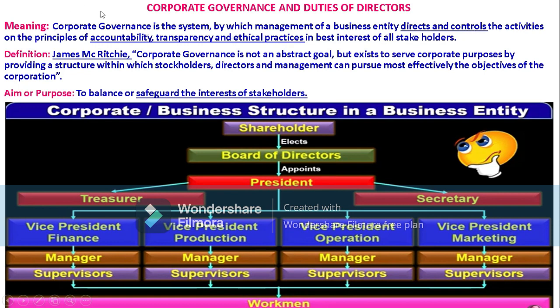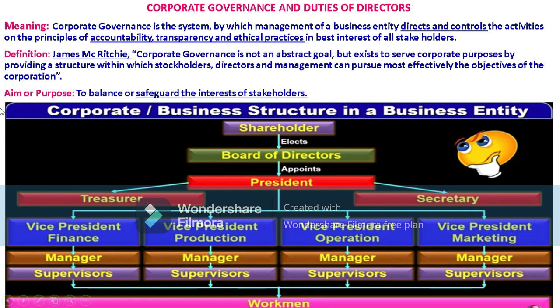So in corporate governance we will see accountability, transparency, and ethical practices, okay? So it contains corporate governance. Implementing corporate governance in a company means it is following the rules, policies, practices, and processes in a proper way,